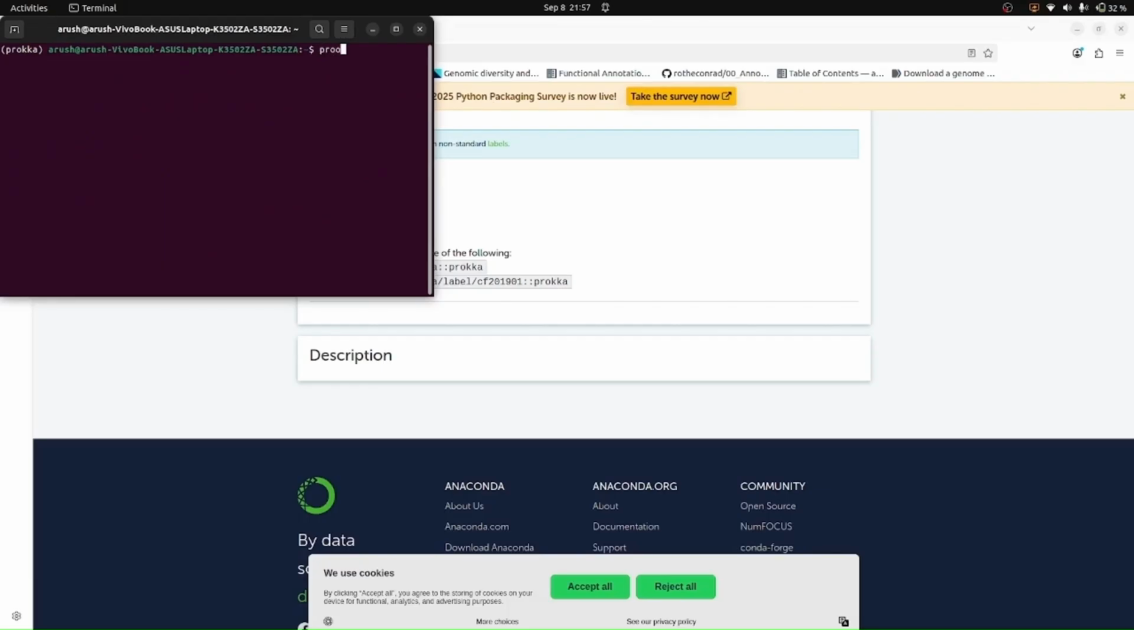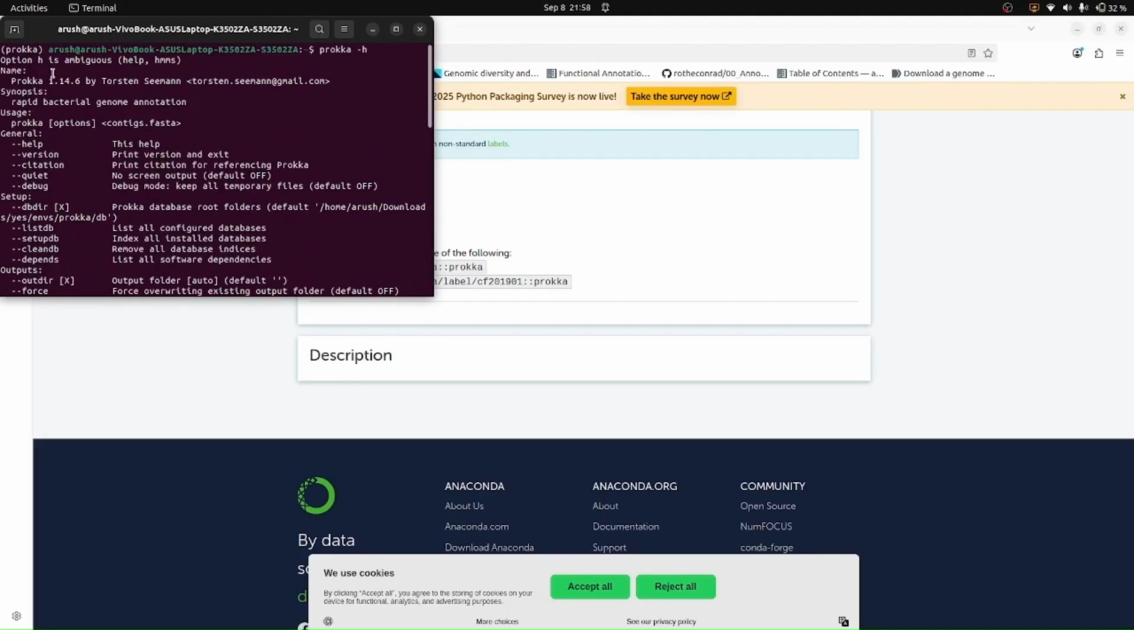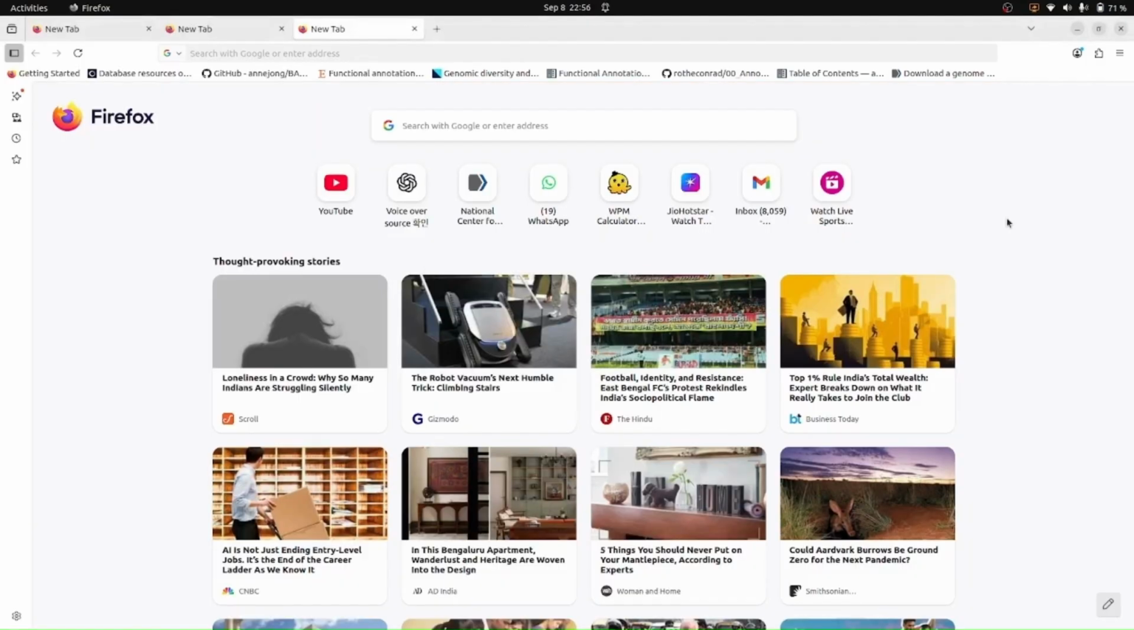by typing prokka -h. So here you can see that it has mentioned the Prokka version number and every option that it gives for you to run any file. Now that we have the Prokka installed, we need to download the genome file that we want to annotate using Prokka. So for that, go to NCBI